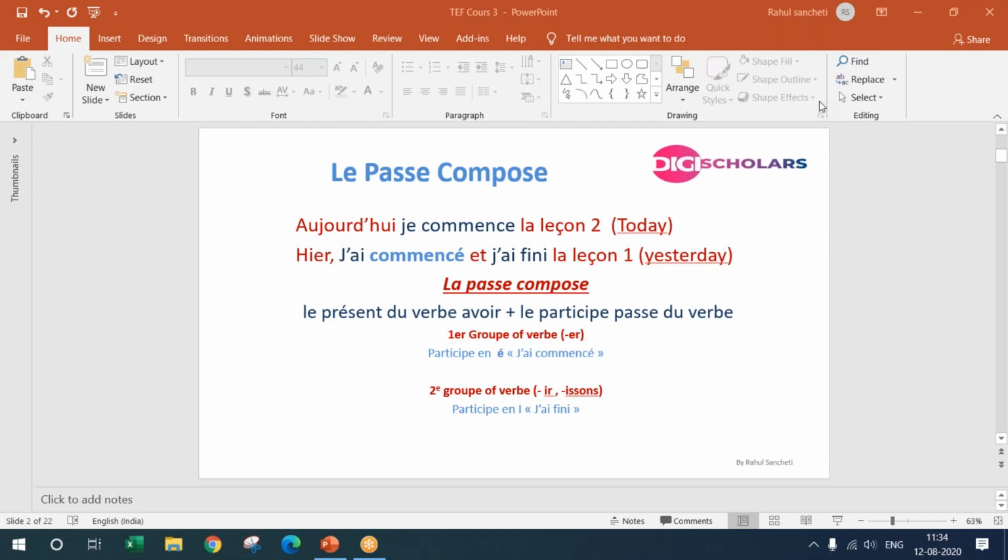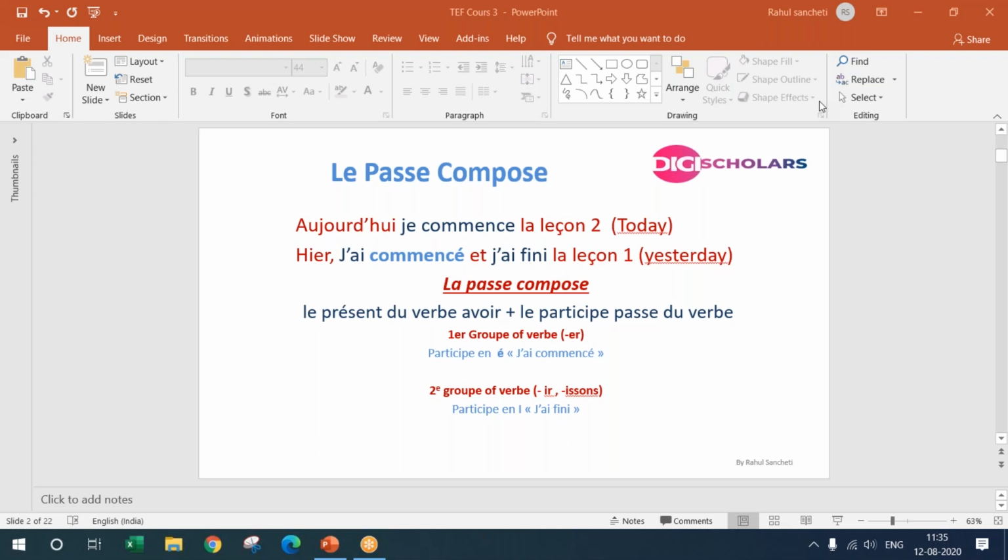The person and the object are irrespective, but here the verb is split into two in past tense. Same in English. When I say I had cleaned my house, I is a person, had is a helping verb, cleaned is actually the verb that is conjugated in past tense, and then you have an object. In a similar way, you conjugate in French: you have the person, verb one, which is also called the auxiliary verb, and verb two is the verb which is actually conjugated. It appears in past participle.